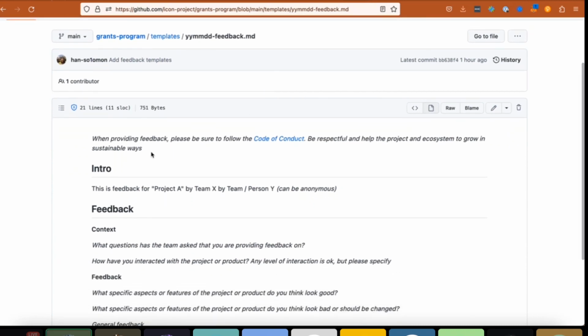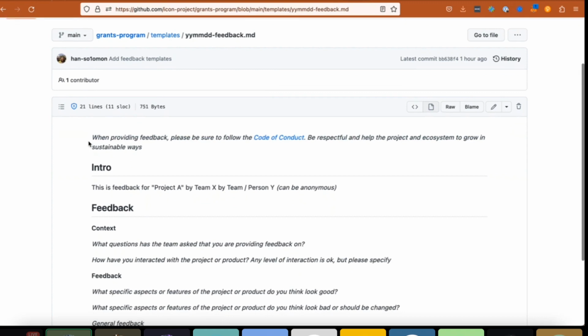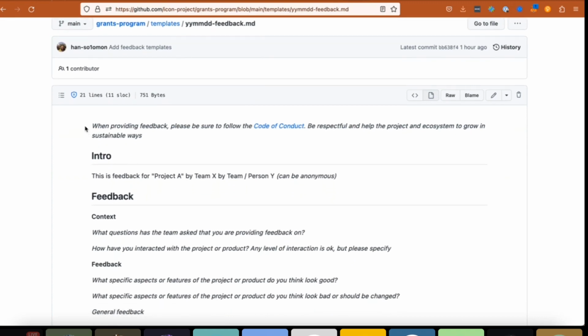So the way that I see this working is basically projects should regularly have things that they want the community to answer for them, and the community should readily be looking to provide feedback on what they think of the different projects and how it's affecting the funding cycle and whether it seems like a fair system.